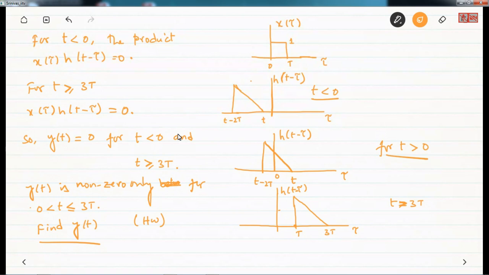So we have solved most of this problem. We have determined that it is 0 for t less than 0, it is 0 for t greater than or equal to 3t, and only in this interval you have to obtain the product of this triangular signal with this rectangular signal and then integrate that. And for the solution you can look at example 2.7 in the Oppenheim and Willsky book,